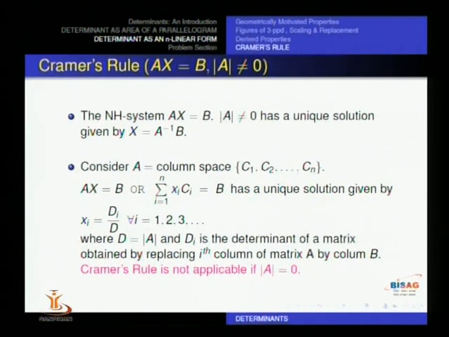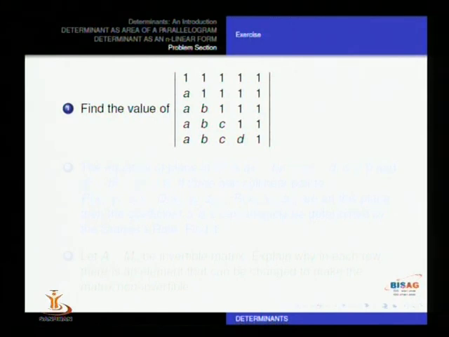Now we have done enough of properties of determinant. Now it's time for some exercises. So I give some exercises here. That I do, you do this. Cramer's rule. You can see the first exercise on the screen. Find the value of, there is a determinant given. So this is a very easy example one can try. You can copy down this example and you can try if you are interested.